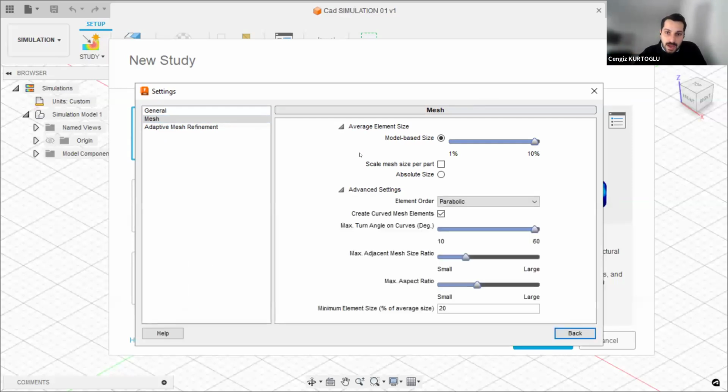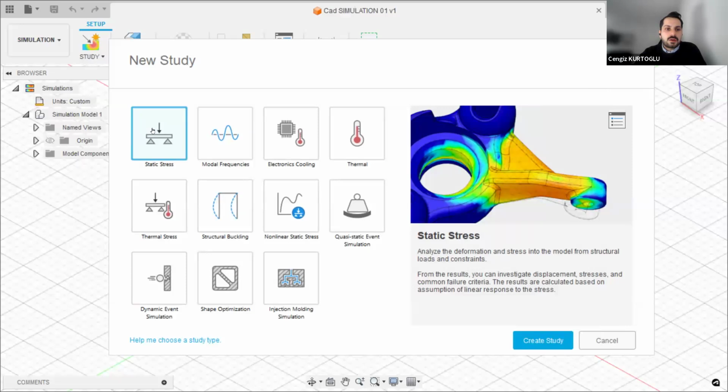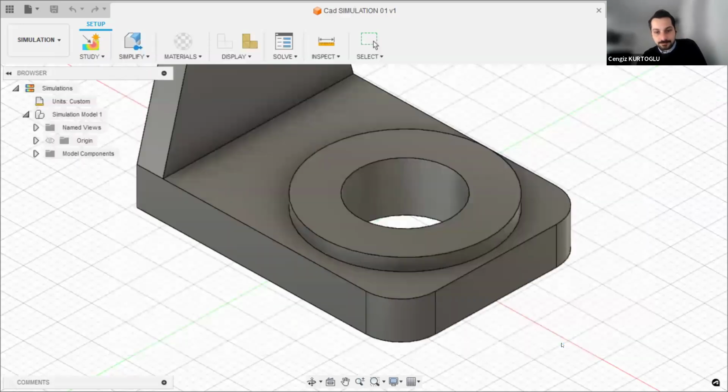And also you have access to advanced settings for the mesh. If you are a researcher on different types of analysis, you can change the settings for your parts also. Adaptive mesh refinement, you can change as a default for your refinement control. But now I'm changing nothing as a basic result for static stress. Create static. Well,